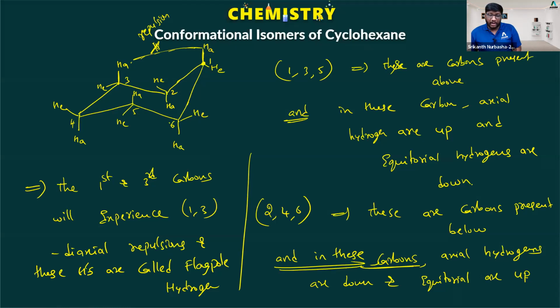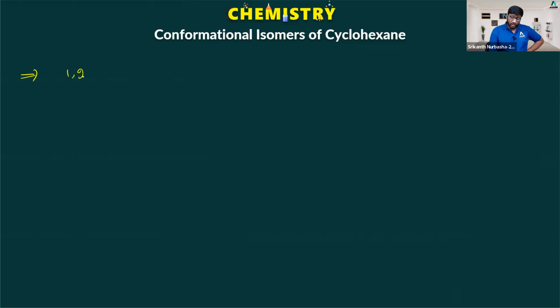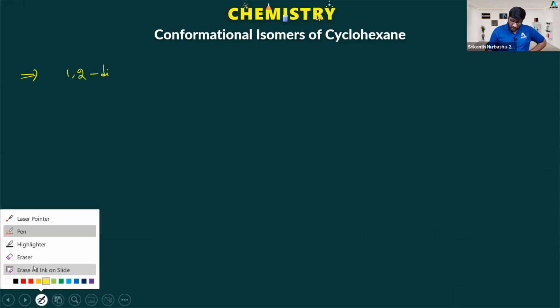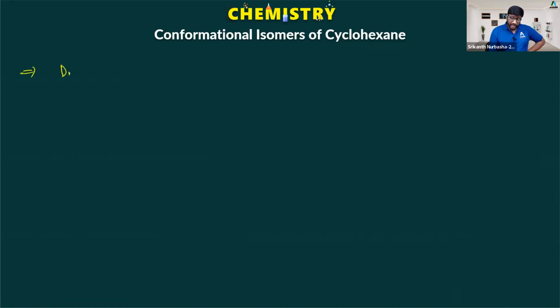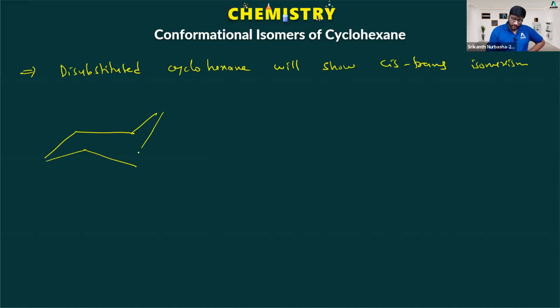And whenever you have, what is this configuration? Cis configuration means the groups have to be present on the same side. If you have 1,2 systems, like if I have a substitution like this, okay, 1,2 or di-substituted cyclohexane will show cis-trans isomerism. Like if you have a configuration like this, I have methyl here, let us say, and on the second also methyl here. So if I have 1,2 substitution,